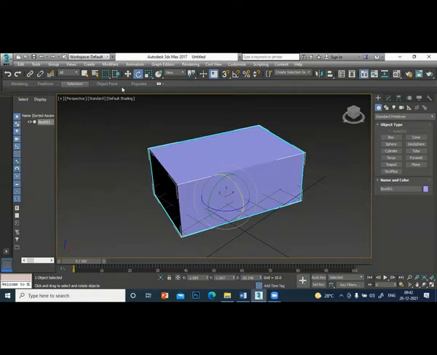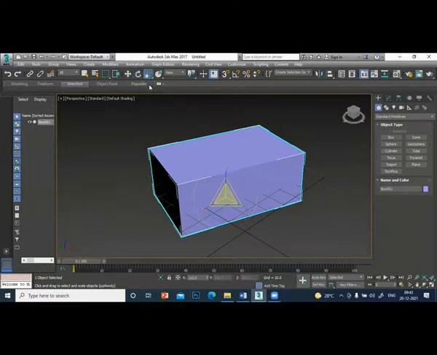Let us move on to scale. The third one is scale. We will write down the steps later. Let me explain first. This is scale. When you click the small arrow, there are three types of scale you can see here. One is uniform scale. That means it scales in all the directions, X, Y, and Z. Non-uniform scale means it scales in two directions or one direction. This is called squash. That means if you increase one direction, the other two directions decrease. If you decrease one direction, the other two directions increase. That's called squash. Let me show you one by one.